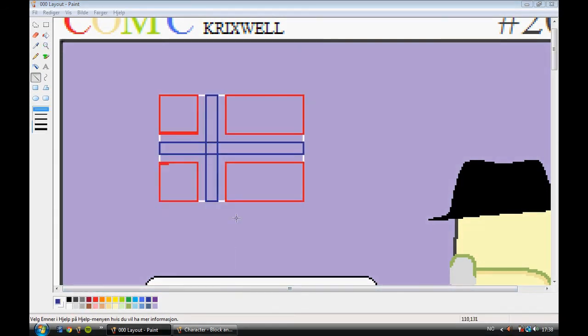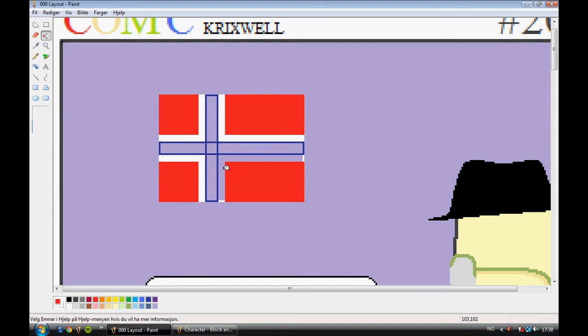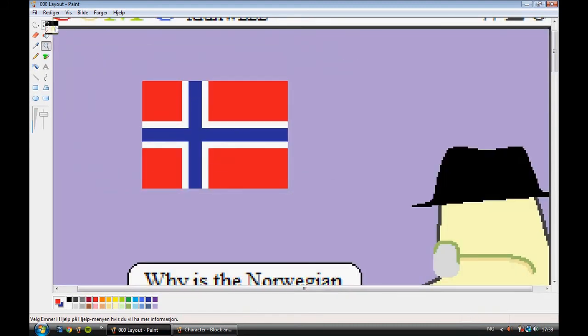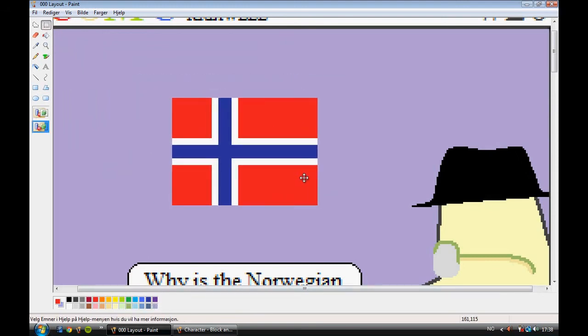I said I wanted a Norwegian flag in panel 1, so I paused the video for a moment there and made this. Uh-oh, I can see the microphone recording is lagging a bit too, it seems. I hope this does not make the sound choppy. Yeah, sorry if it is. My computer is not very strong. As you can see, I just made a Norwegian flag,